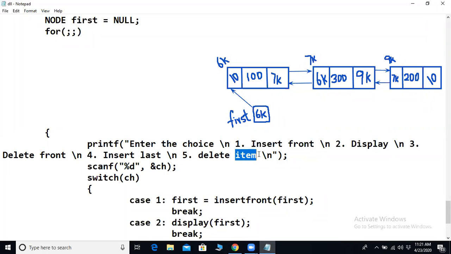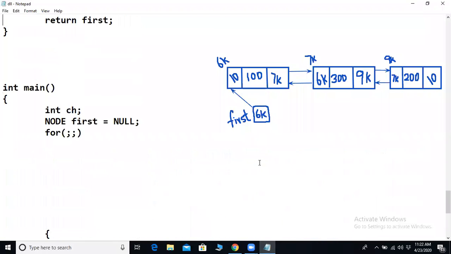I have not added it yet; at a later stage I will add that function also. Then six we will keep for delete item.